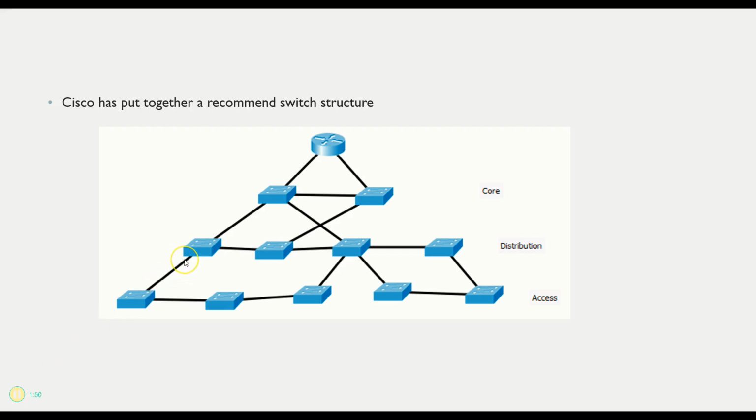Now, this does provide one nice thing, redundancy. Let's say, for example, that this right here, this line went down. Well, I needed to get from here, from 1 to 2. Well, I still have a way there if I have to. I could now go up here, and then here, and then here, down to here, over to here, and then down. So I do have a way to get there. I have a redundancy built into this, which is really, really nice.